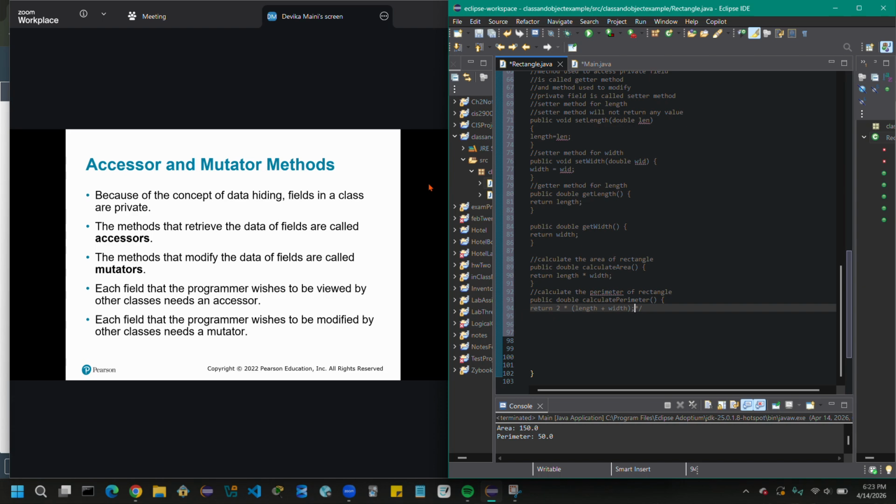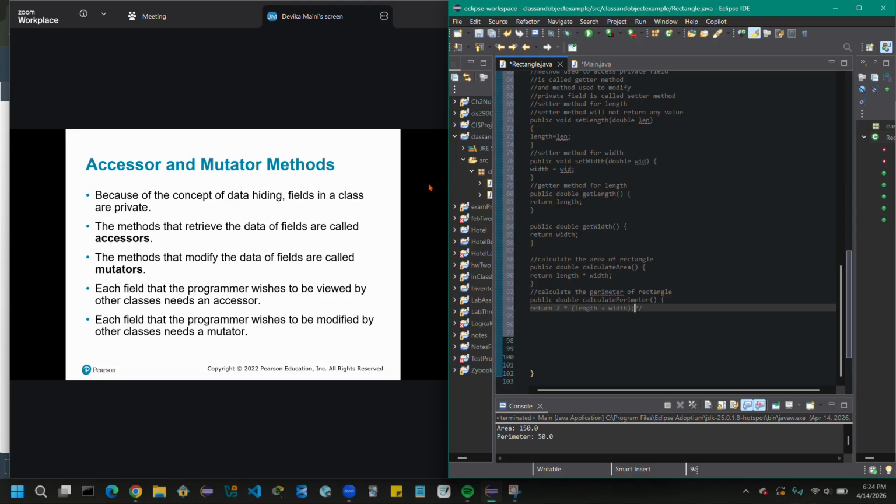So accessors and mutators: because of the concept of data hiding, the fields in the class are private. The methods that retrieve the data of the fields are called accessors, and the methods that modify the data of the fields are called mutators. Accessors and mutators are other names for getters and setters.